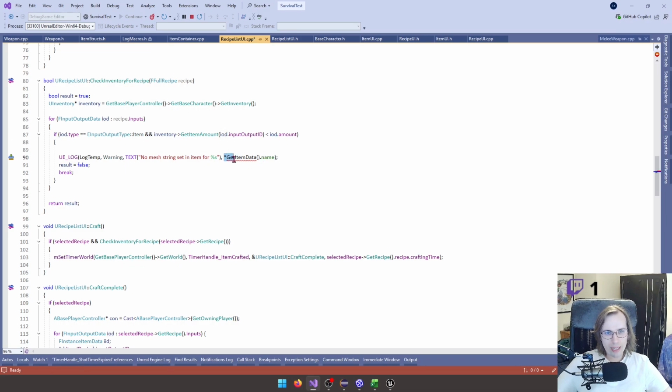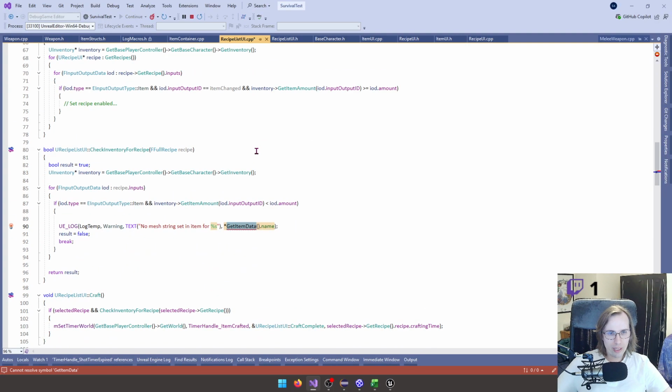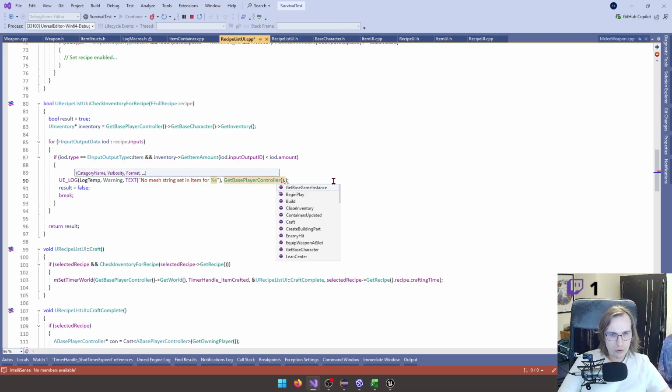I suppose technically I could get the item name. It's not the worst idea in the world. It's a bit extreme because it's kind of pointless. But for the sake of it, let's say, so this would be get base player controller, get